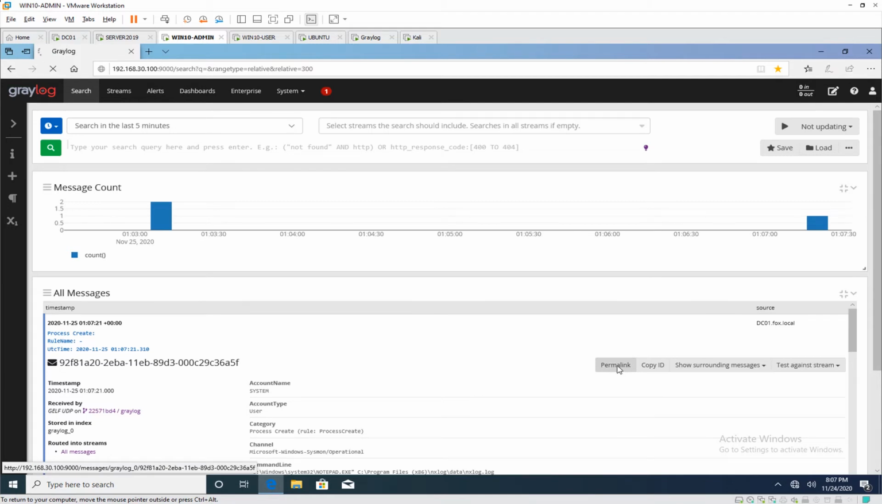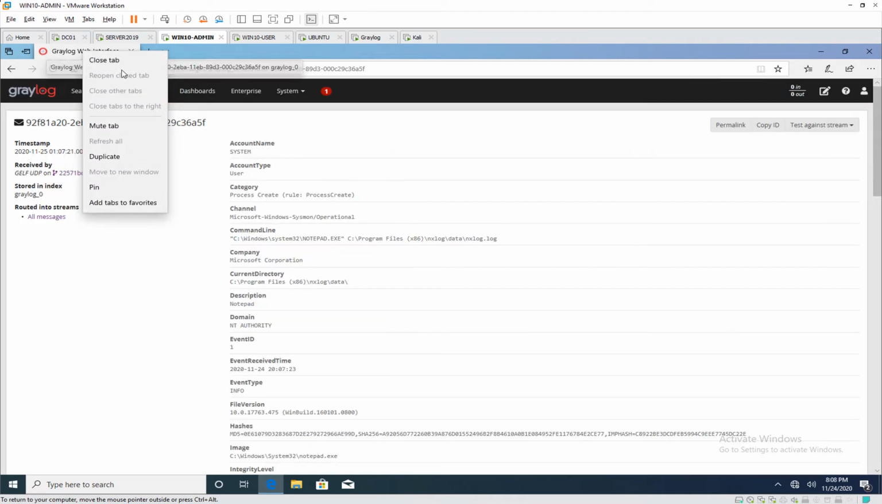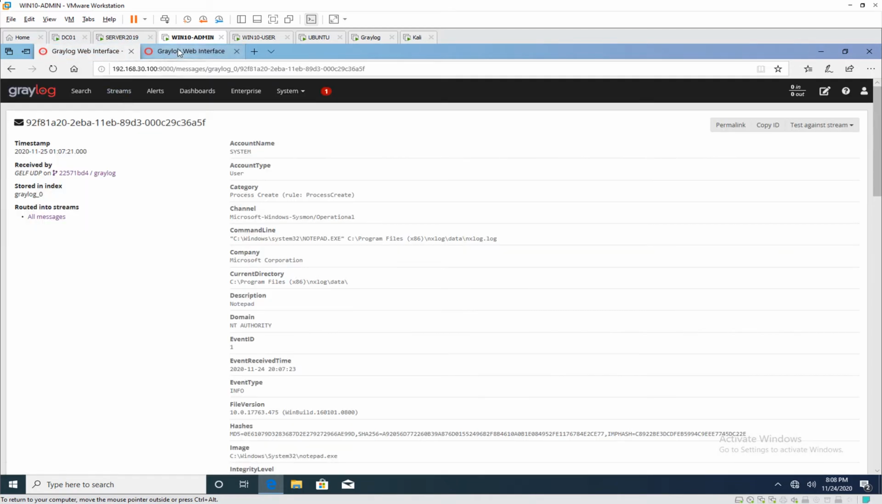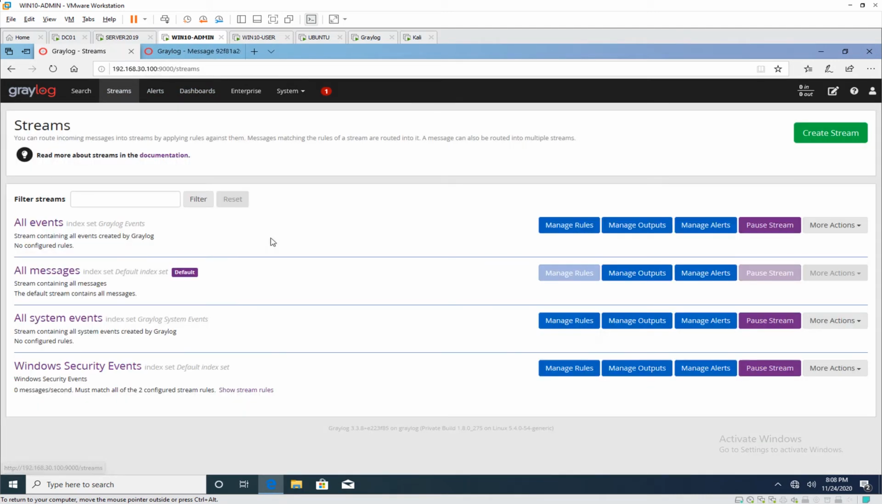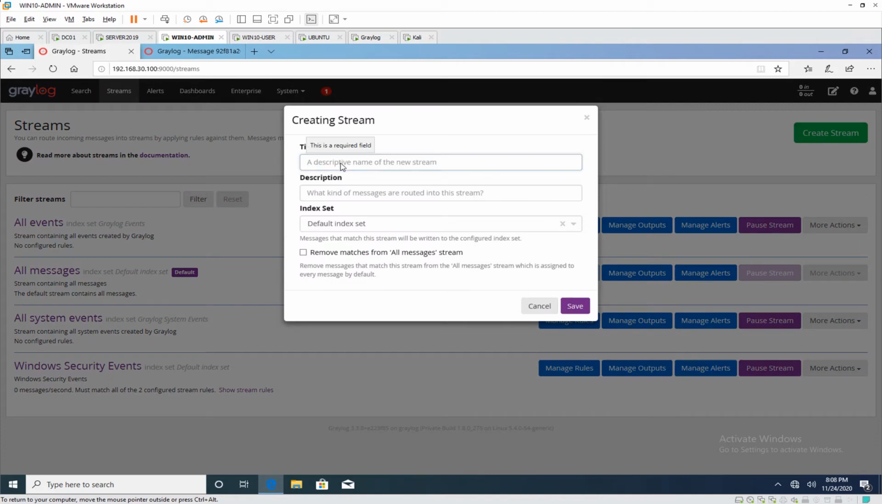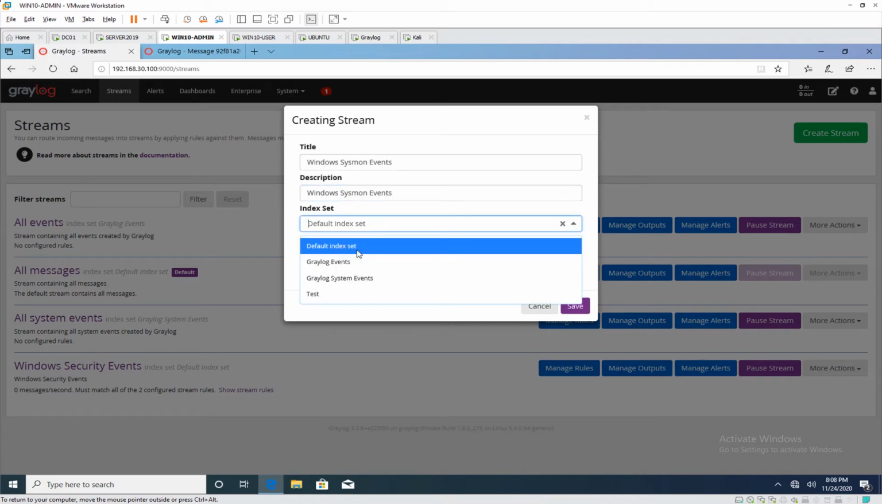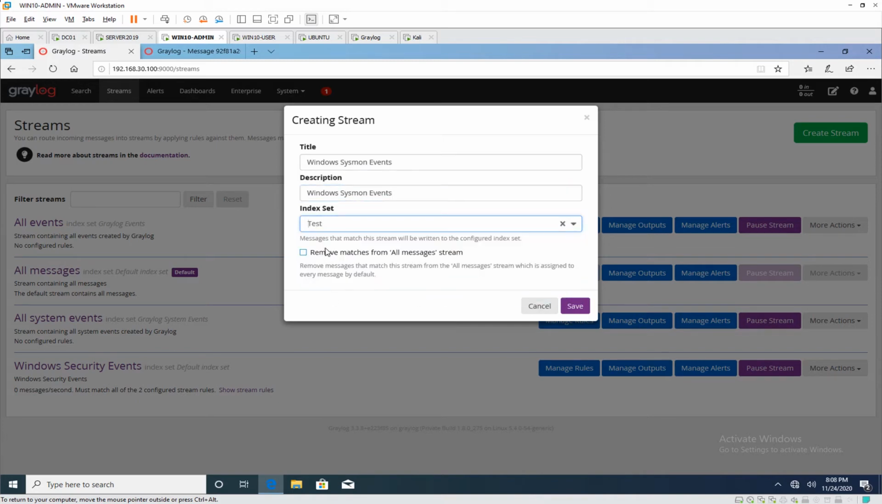I'm going to create a permalink to this event, only because I'm going to use its ID to generate the stream for these events. You'll see what I mean in a moment. So if we create a new Sysmon event stream, we'll have that go to our test index, temporarily remove all matches from the all messages stream,